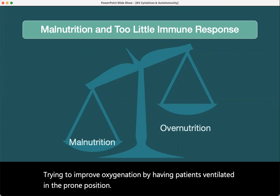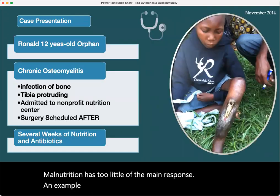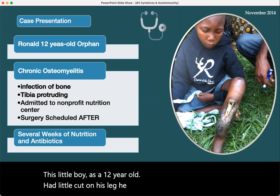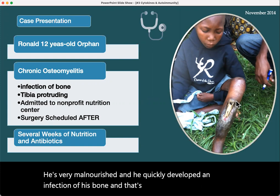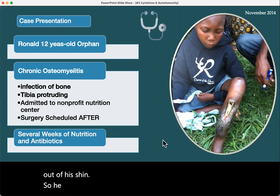Malnutrition has too little of immune response. And an example in a low resource setting where I was is this little boy, as a 12-year-old, had a little cut on his leg. He is actually an orphan. He's very malnourished, and he quickly developed an infection of his bone, and that's his tibia that's protruding out of his shin. So he was admitted for nutrition, and then after nutrition, antibiotics, he